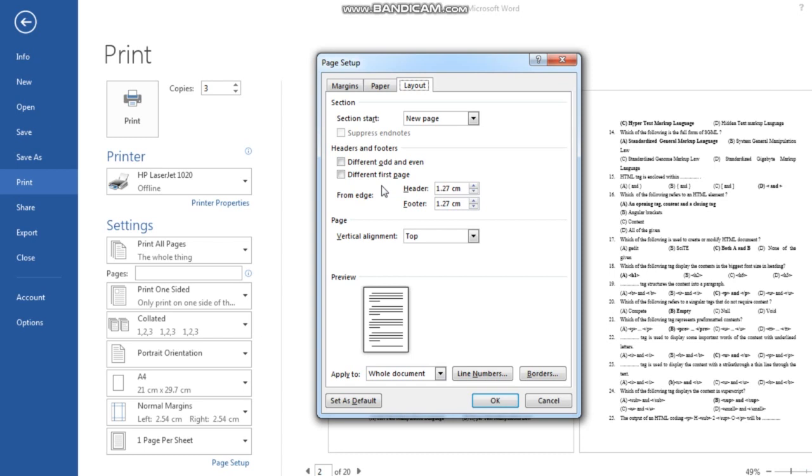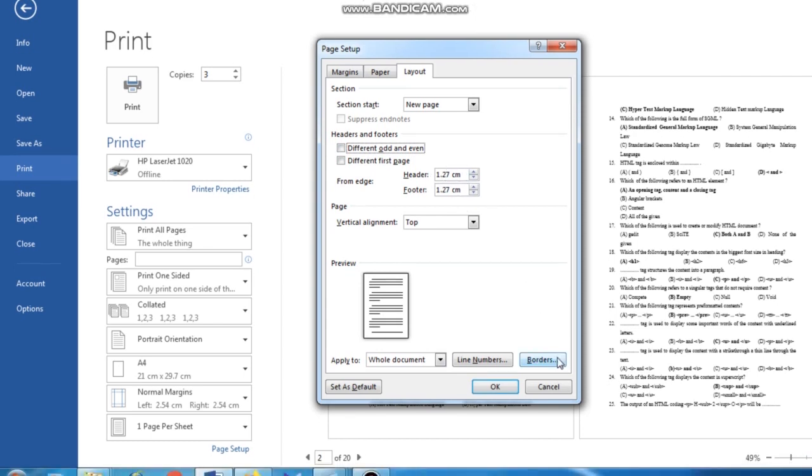be printed, so you can adjust that from here with different odd and even. Okay, left hand side page we consider odd and right hand side we consider even, for example. Then you can adjust that from here. Then for example, if on the first page you want to print something else instead of the name of the textbook or name of the chapter, you want to print the name of the author, then you can adjust it from here, different first page. Okay, hope this much is clear. Then you can adjust the size you want to give to the header and footer.